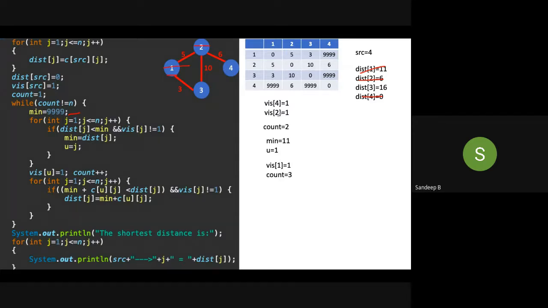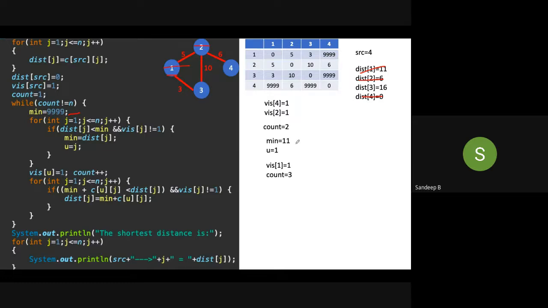Visit of 2 is 1, visit of 1 is set to 1, count is 3. Next, I know the distance from 4 to 3 is 16, but I will try to find out, now that I am in one more vertex, 1, whether I can go to 3 from this vertex with a lesser distance. That I am trying to find out, so this loop will try to find out.